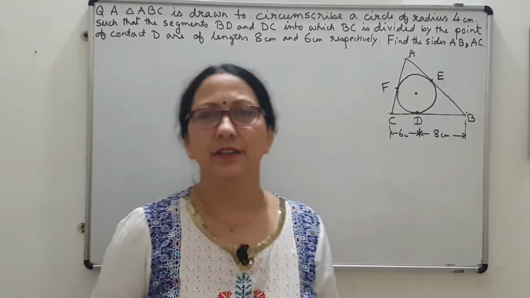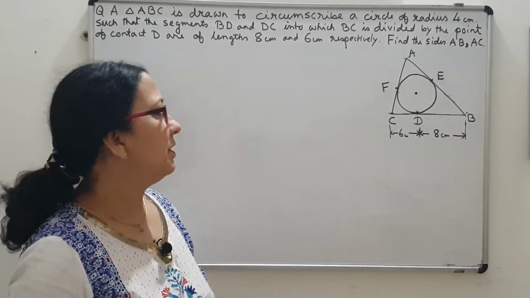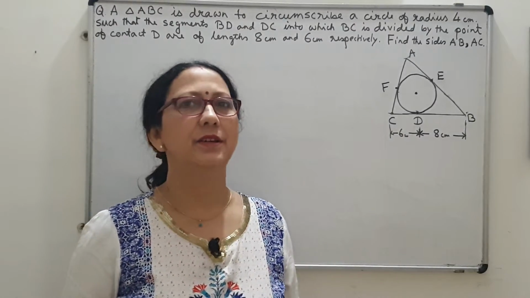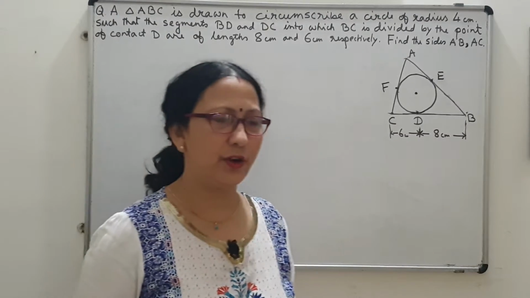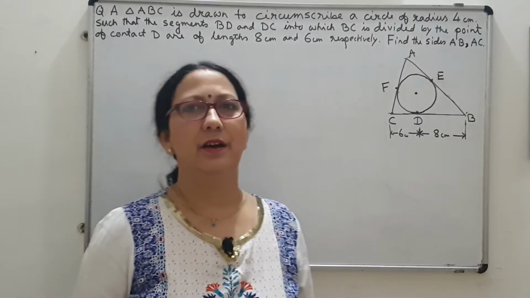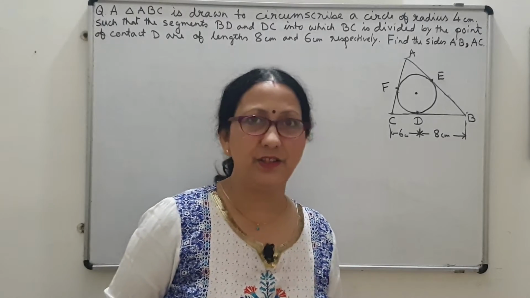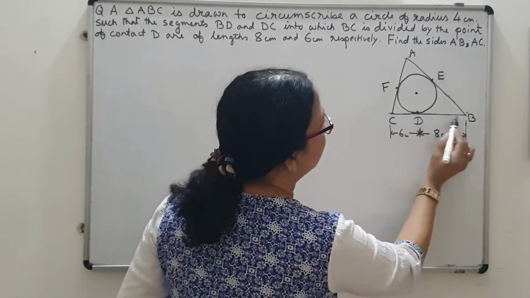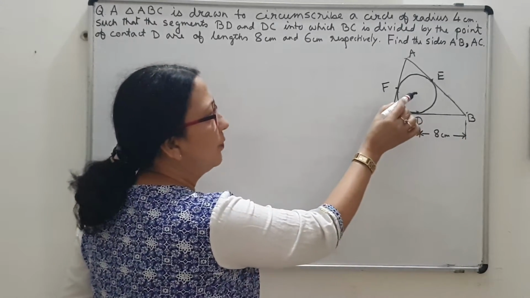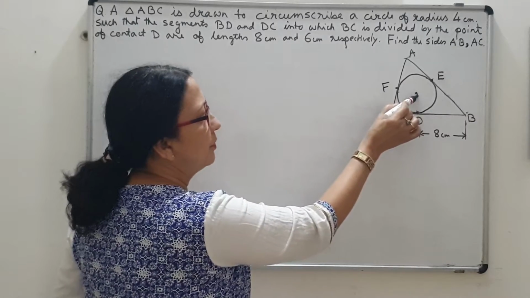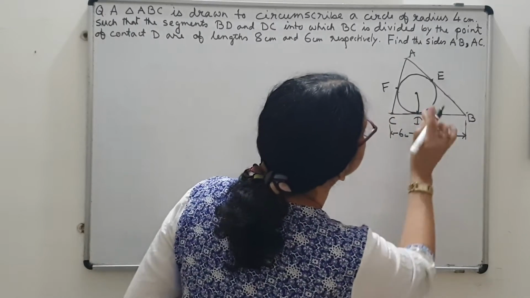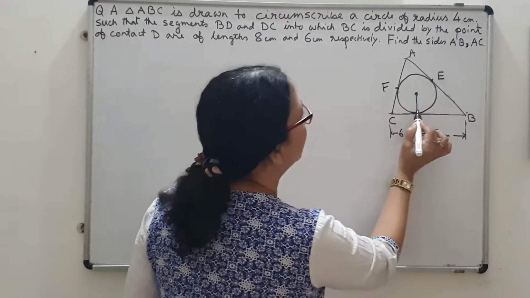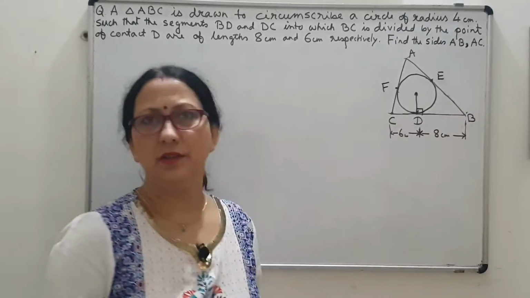So now let us think how we can solve this. Since the sides are tangent to the circle, obviously the 2 theorems that we have learnt in this chapter, we have to make use of those 2 theorems. The first theorem is that the tangent is perpendicular to the radius at the point of contact. So that one we will be using. When BC is the tangent, D is the point of contact, so the radius to the point of contact is this. Let me draw nicely. Okay, this is the radius to the point of contact. So this will be perpendicular to the tangent.